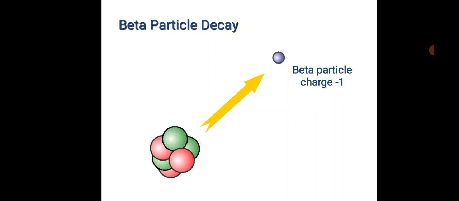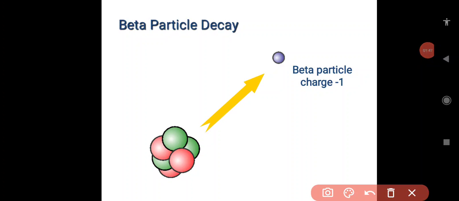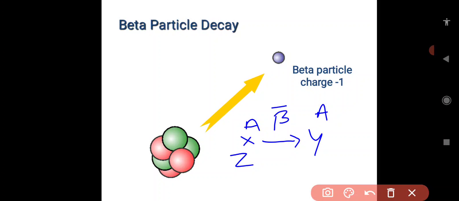For example, see here, A X Z, with the emission of a beta negative charge, it gives A Y Z plus 1, plus 0 with the negative charge. Which means, see here, the spontaneous decay process in which